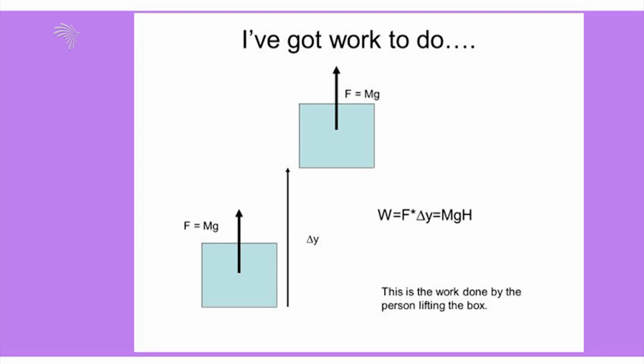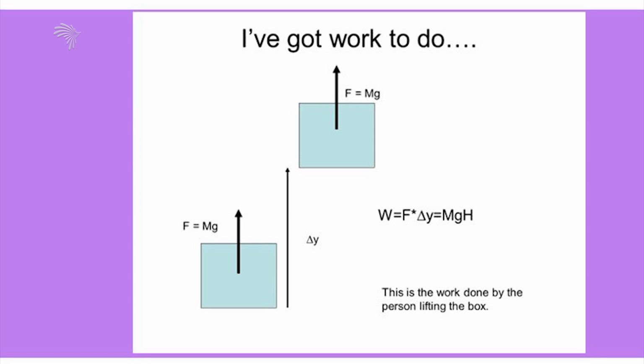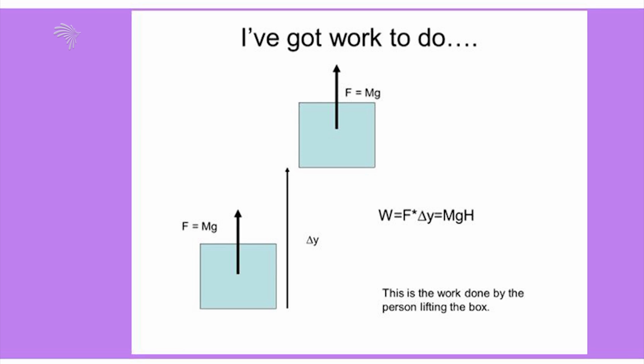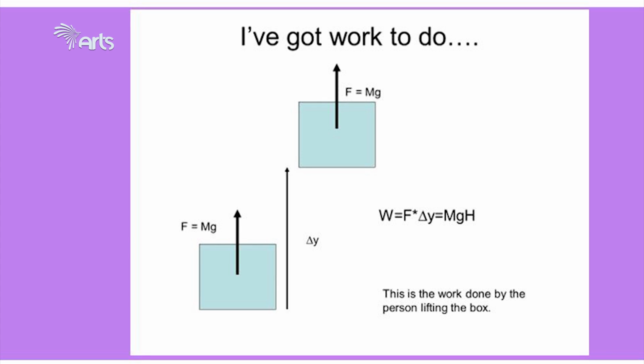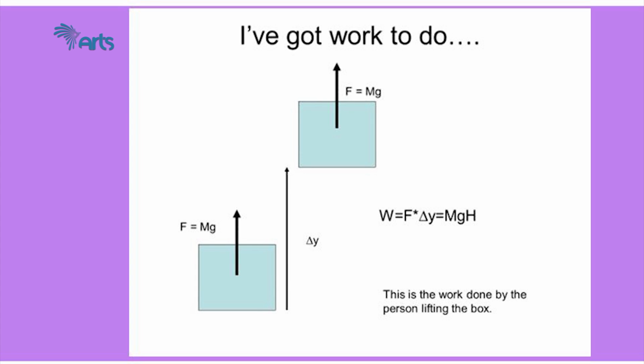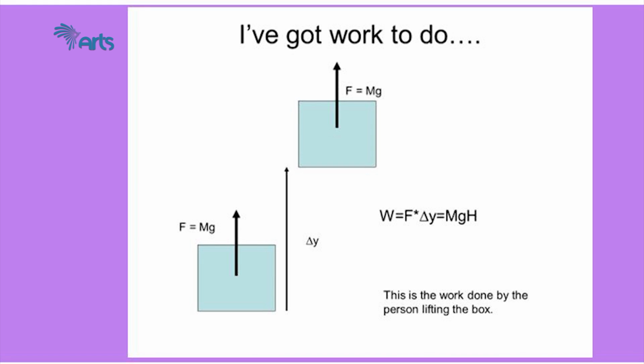Let's look at this one. We have a block and we need to displace this block from the ground to a certain height change in y above the level ground. So the minimum force required to displace this block in the upward direction is equal to the weight of the object. So by applying this force, which is equal to mg in the upward direction,